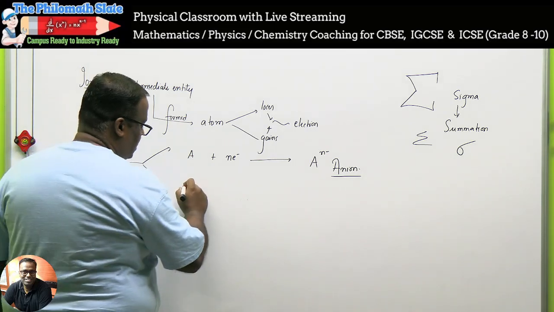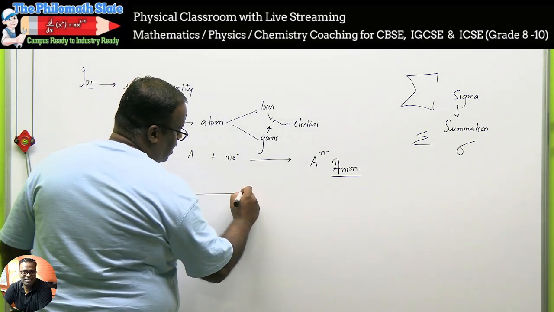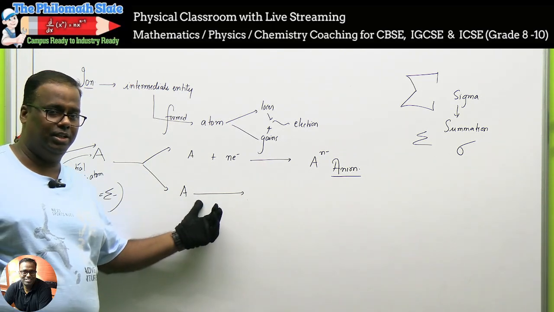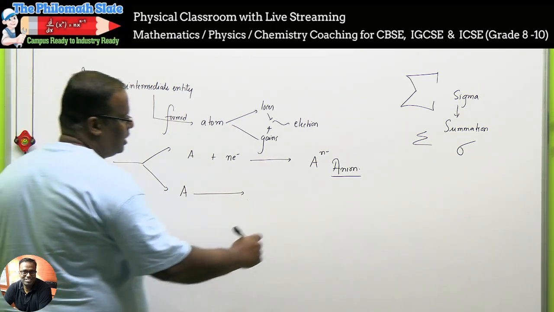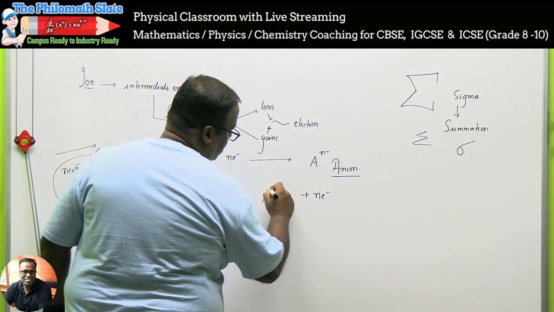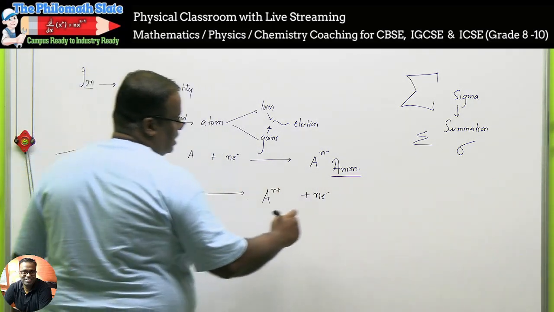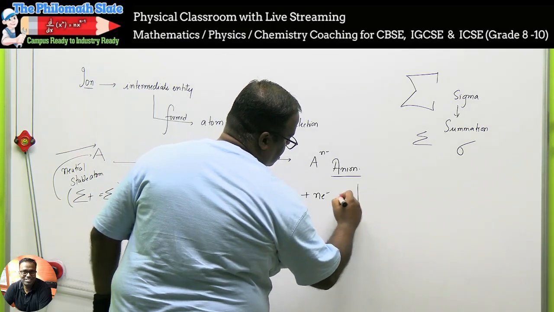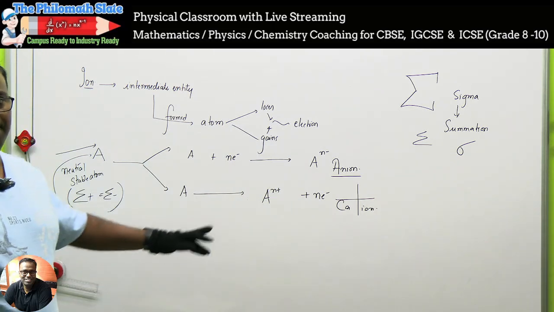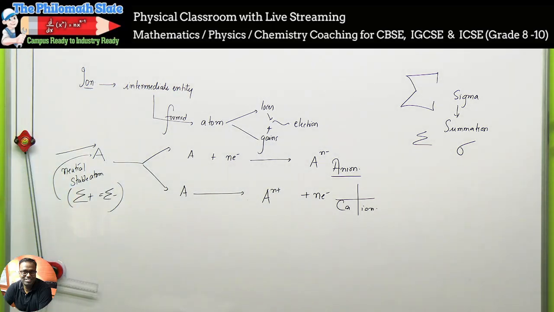Again, I'm just saying generic. A can lose electrons. In losing electrons, we never show a minus here. We show A lost how many electrons? N electrons. So A became what? A to the N positive. In such case, we call this a cation. This is how we write a cation, so that you don't confuse which is cation and which is anion. Let this be clear from now, right?